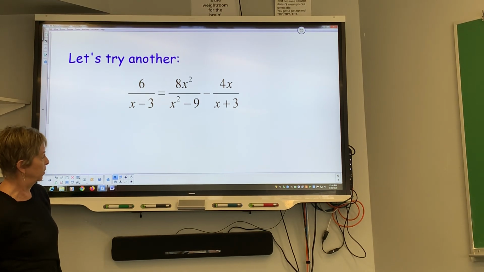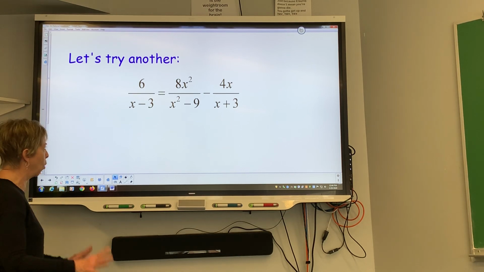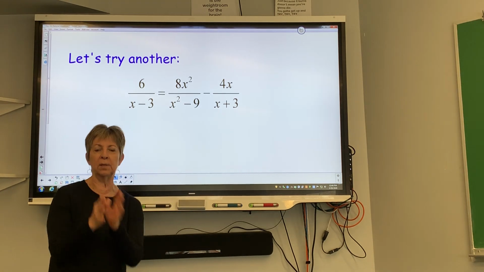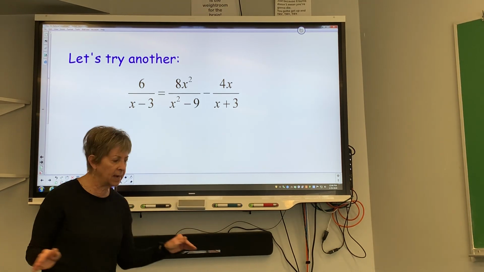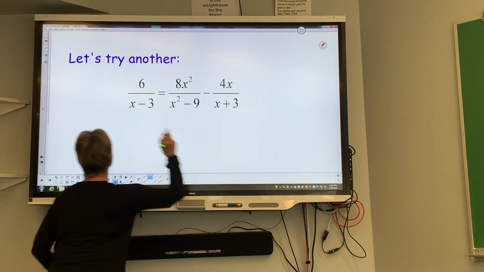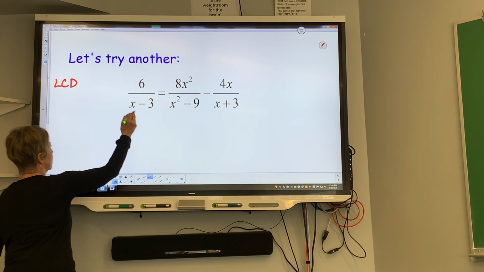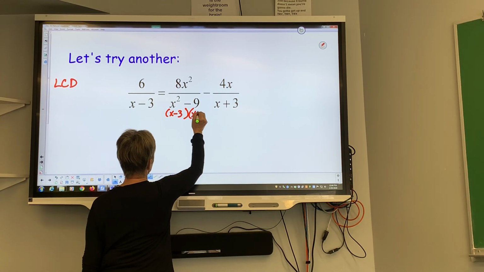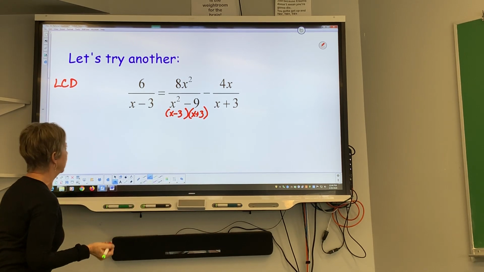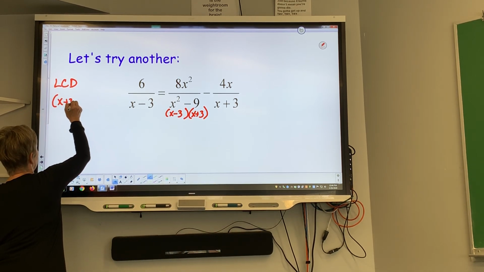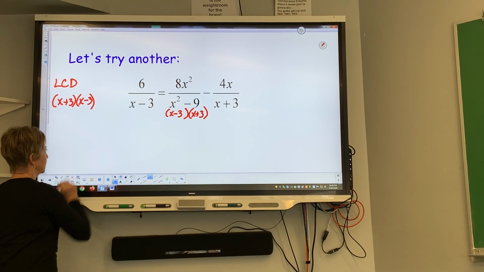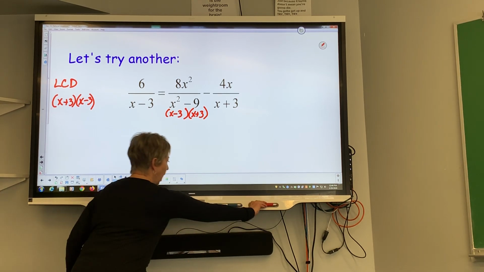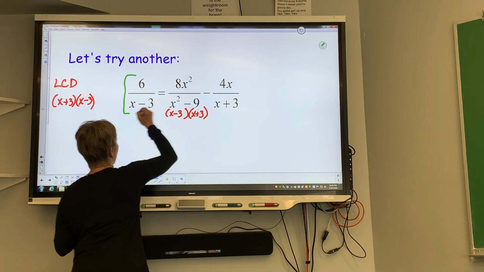Oh boy. So there's my equation now. I would like to get rid of the denominators, not by putting them over a common denominator, but by multiplying by the LCD. So this is x minus 3, that's x plus 3, this is x minus 3 times x plus 3. So nicely, the LCD here is going to be x plus 3 times x minus 3. Again, I'm not going to put these over the least common denominator. I am going to multiply both sides of the equation